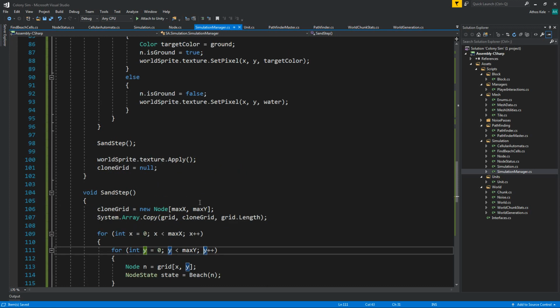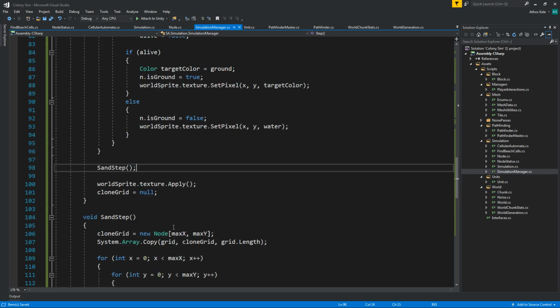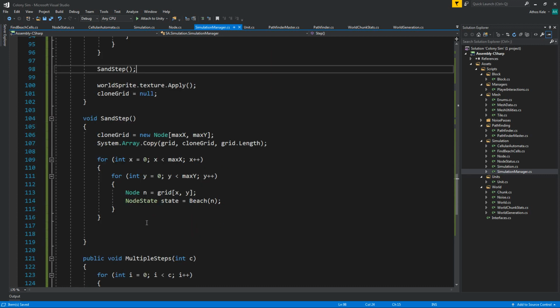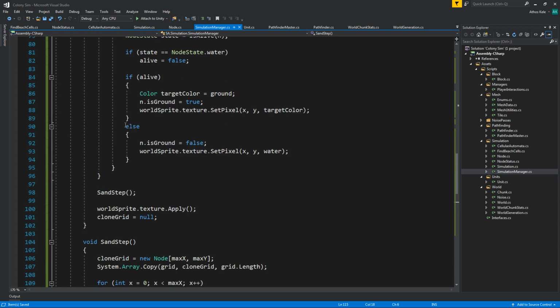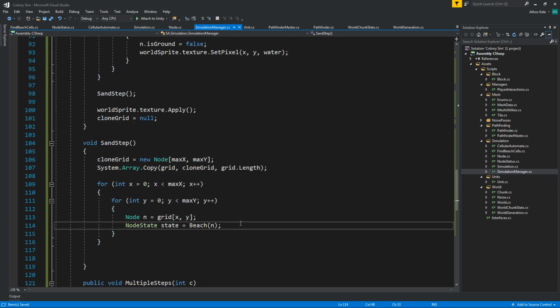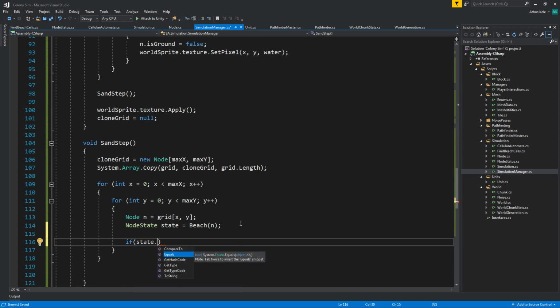Okay, so you know what, I think we can make this a little bit faster or a little bit more organized, I guess. Anyway, let's do this for now and we'll see if there's any problems with this. We cannot change them later. So if state equals sand,